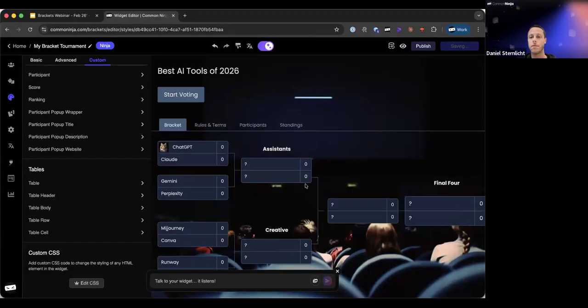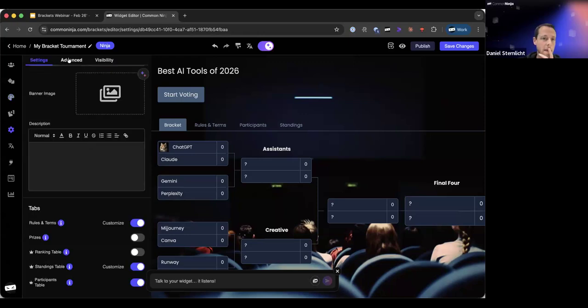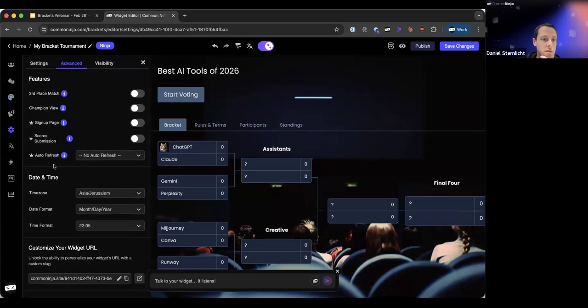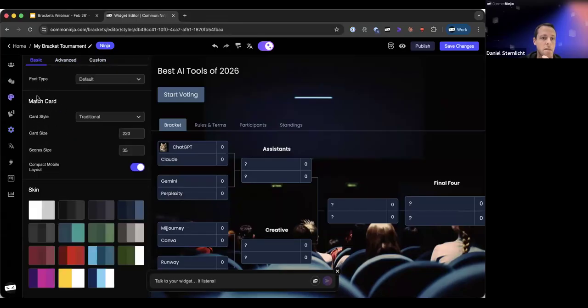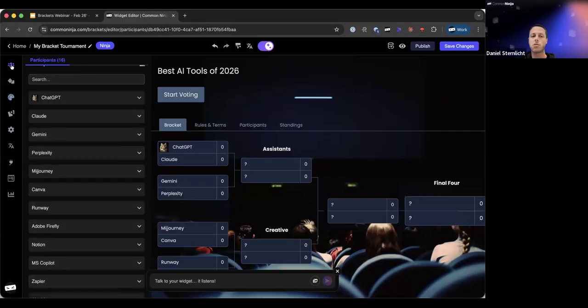And what we're going to do now is I'm going to send you in chat a link to this bracket, and you're going to experience the bracket as a site visitor. So you'll see how the results look. If you're on mobile, by the way, I can change where it is. Oh, it's already on. Never mind. Anyway, it should look great on mobile as well.